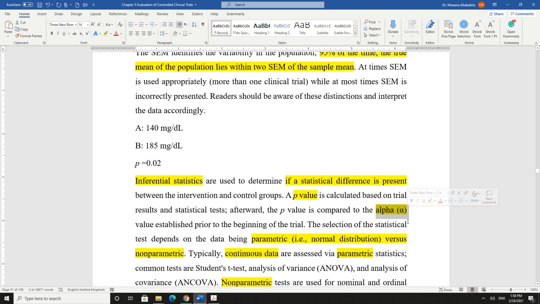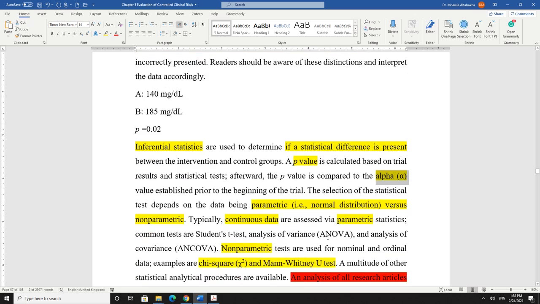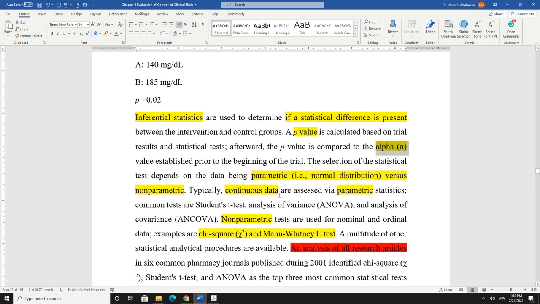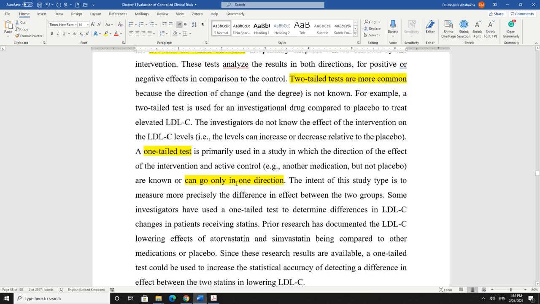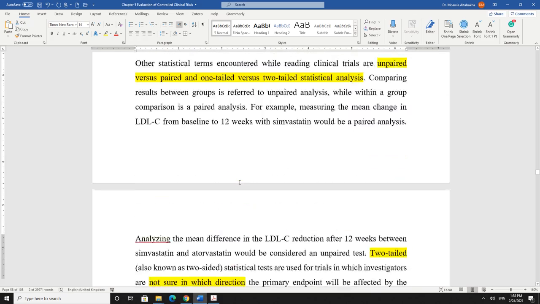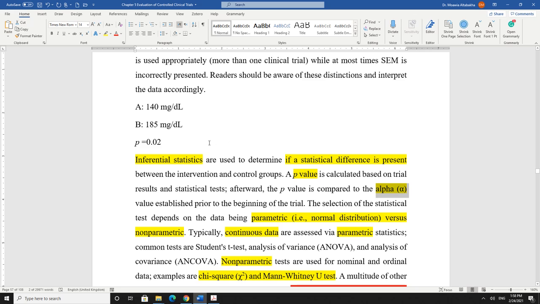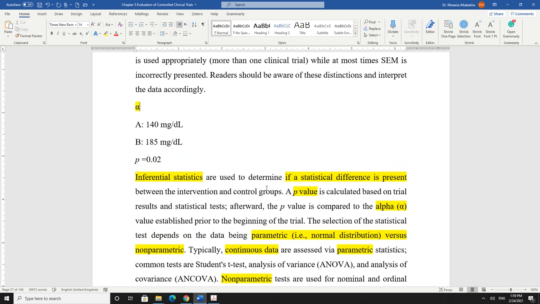Okay, what is their alpha value? Or how will they say it? They will say it according to the following. They usually use a certain way to say, for example, alpha. They will say in the methodology, before they put the results, that their alpha is equal to